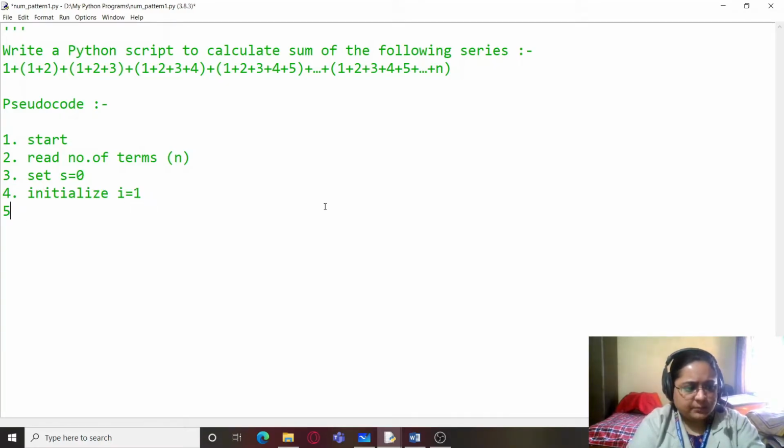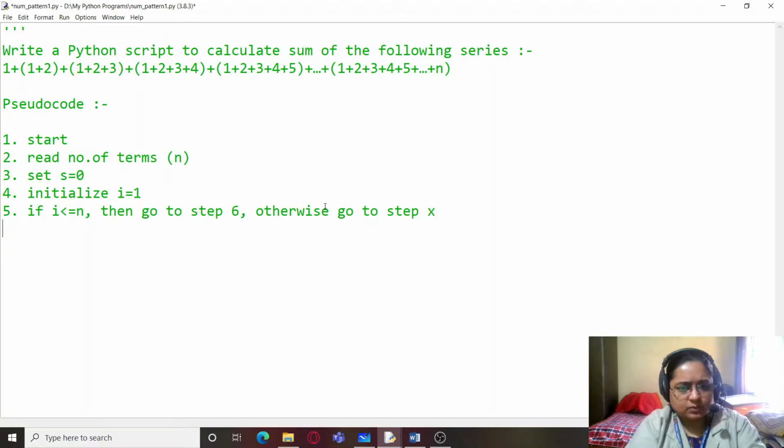Then the fifth step would be: if i is less than or equal to n, then go to step 6, otherwise go to step X. We will decide what those steps are a little later. Now inside this loop we have to calculate the sum of the individual terms, which are series in themselves.